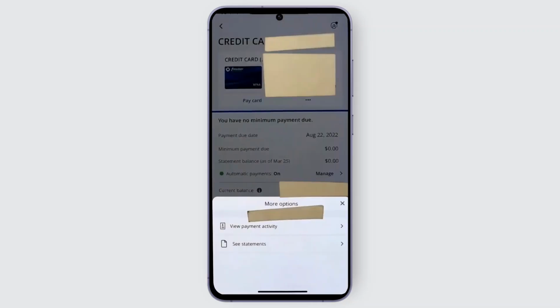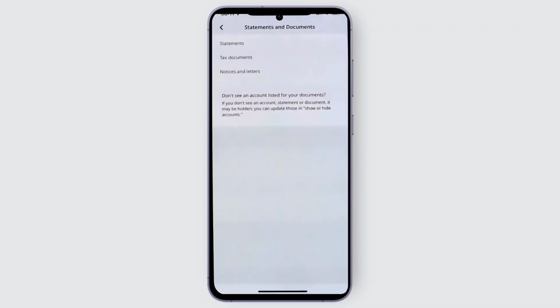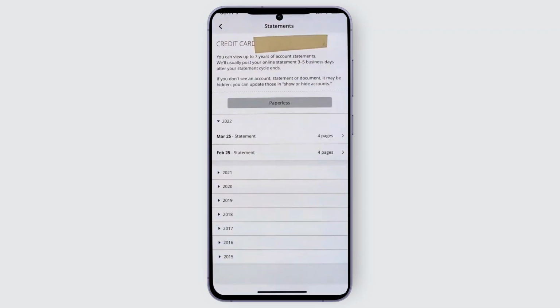you will be able to find this more options where you have an option to view your statement activity or your payment activity and view your statements as well. Tap on see statements, and then from here you can select statements. Now, once you have done that, from here you could just go ahead and select any one of the statements